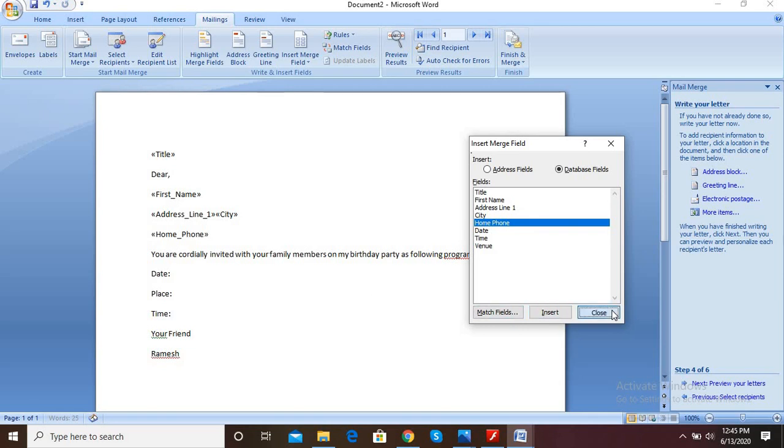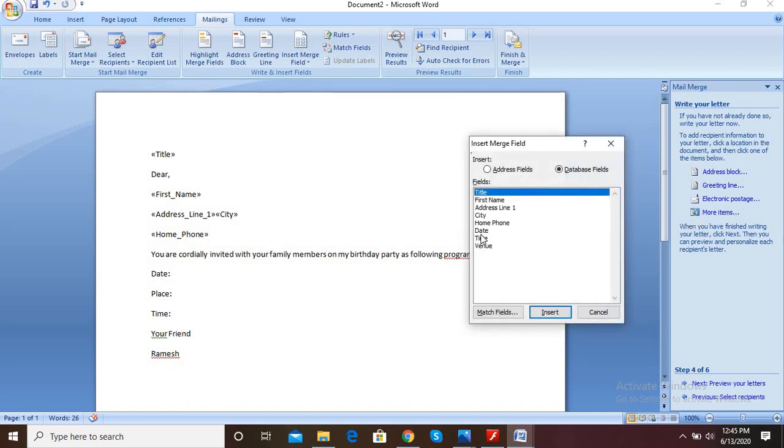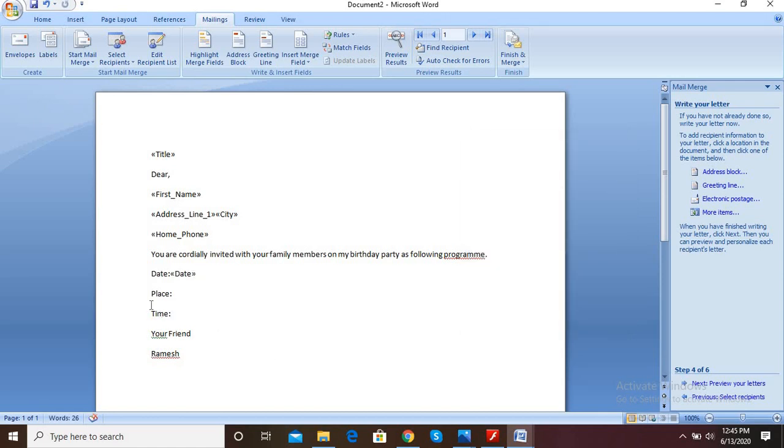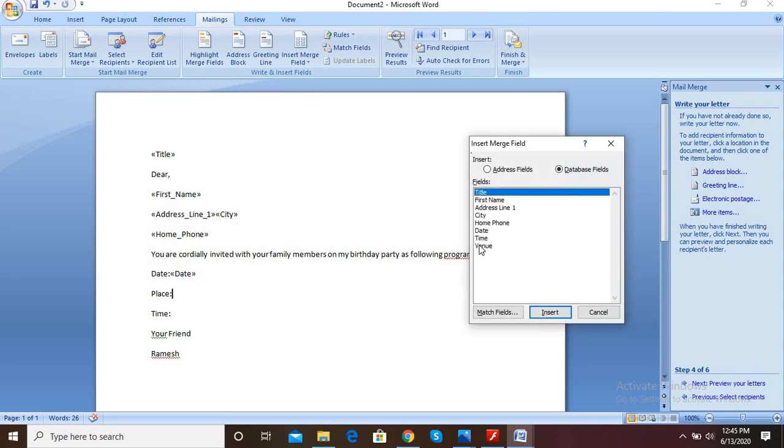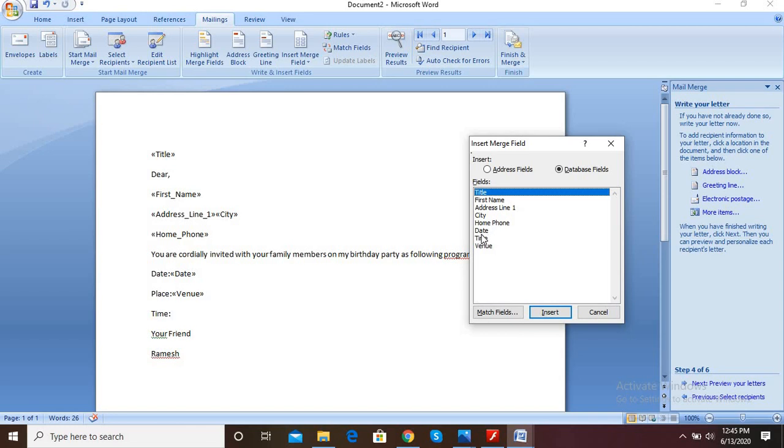Okay, then you write date here, so put the date tab in front of that date. After that, place means your venue, and time, right, time. Okay, now close it.